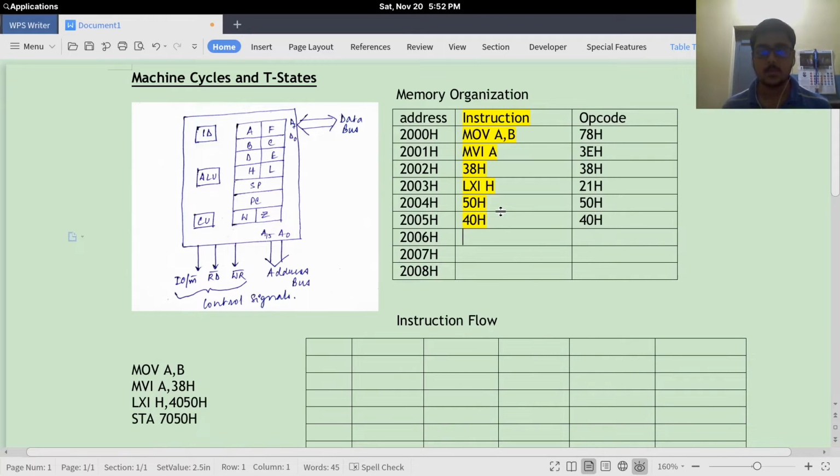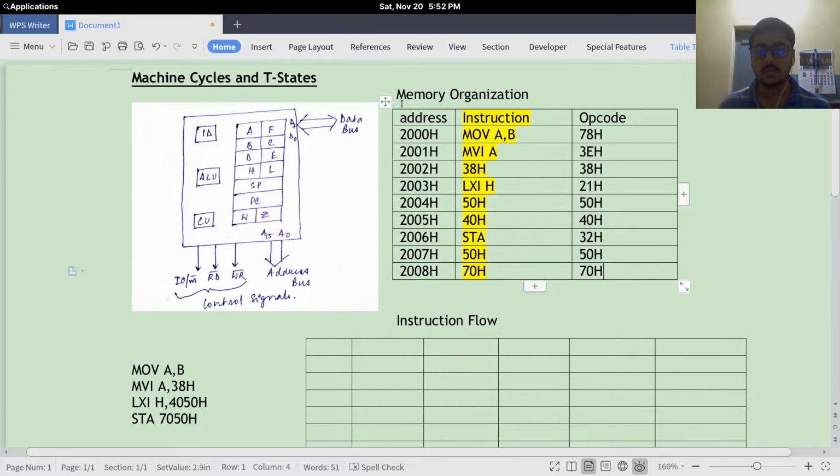Then we'll be storing STA, which has an opcode of 32H, and in the next row the less significant portion of the address, which is 50H, and in the next 70H, the most significant portion.